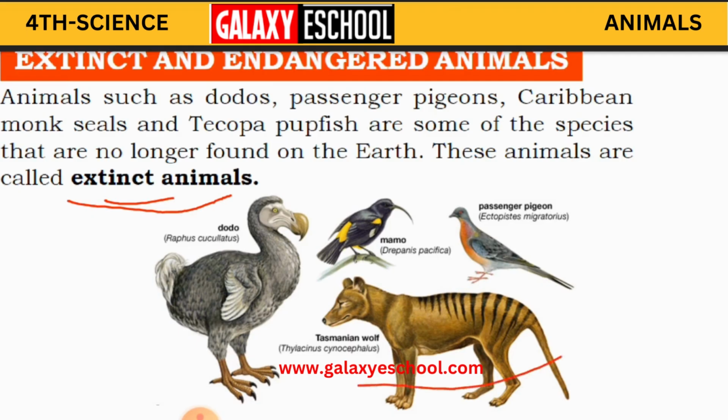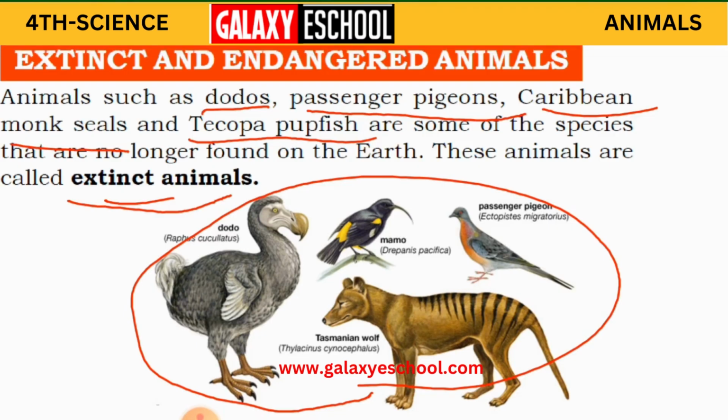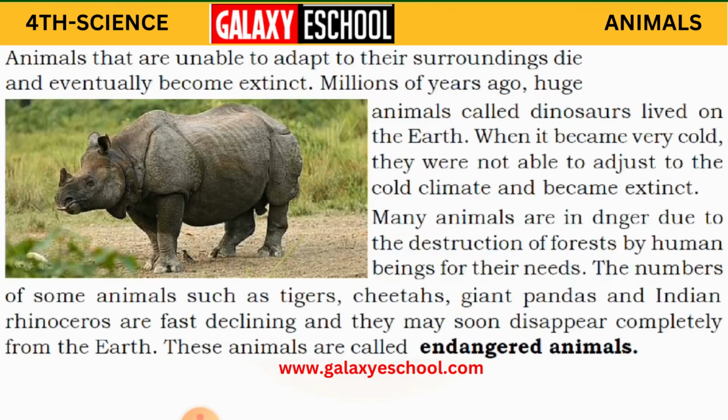Okay, children, as you can see here in the pictures, these animals were living on the earth some 100 years back. Right now we are not able to find these animals. For example, dodos, passenger pigeons, Caribbean monk seals and Tecopa pupfish. These are some of the species that are no longer found on the earth. Okay, children? So these animals are called extinct animals. Clear? Which we are not able to find on the earth now, they are called extinct animals. And animals that are